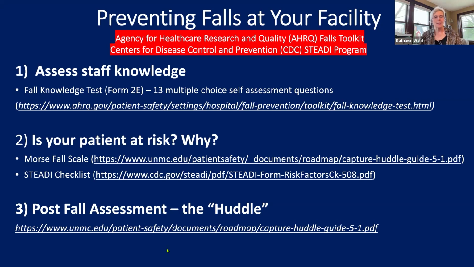And the last one, which is something that we don't want to get to, but a lot of times we have to because they've had a fall, and we call it the huddle. And I know a lot of agencies have gone to this. One of my favorite huddle worksheets is from University of Nebraska Medical Center, and that's listed down there, and it's free. And it's a 2-page huddle worksheet that you work through looking at trying to identify, why did that patient fall? What could we have done to prevent it? And what can we do in the future? But we try not to get to this one and work on the other two first. But if you have to, the huddles have made a difference in preventing falls in the future. We use these a lot.